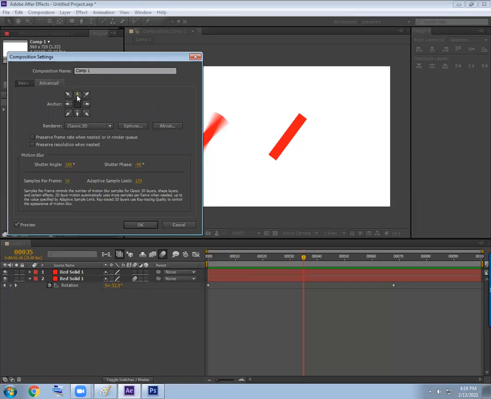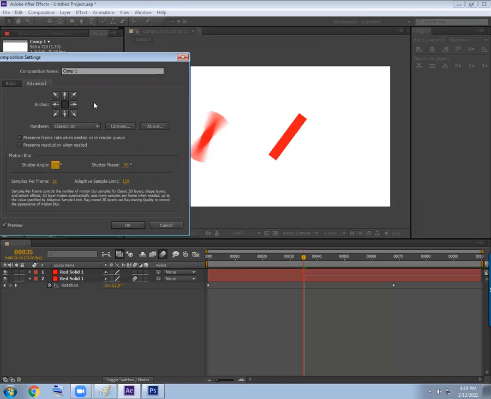Then here you can find the motion blur controller. Can you see? By default, the shutter angle is 180. You can start increasing it and you can find the difference here on your screen. Increase the shutter angle. Is it clear?